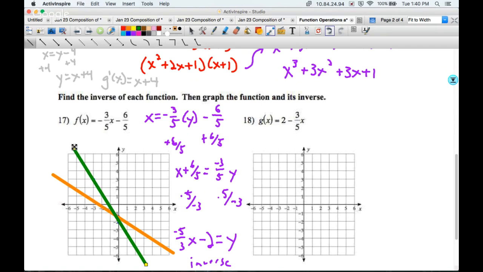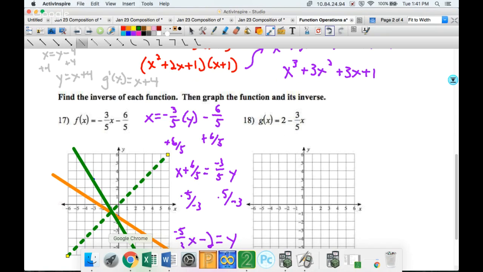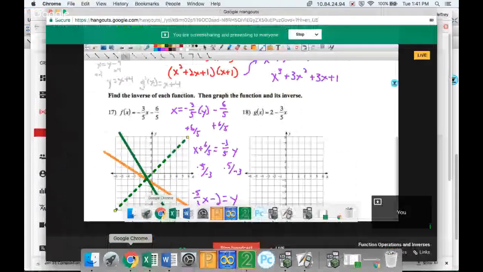All right, and this is very characteristic of an inverse function graph. We're going to learn this tomorrow, but they always intersect on a 45-degree angle line. So they're always symmetrical over this line. It looks like they're reflecting over it. That is just a property of inverses we're going to talk about tomorrow. All right. Hopefully this was a good start on the homework, and I will talk to you